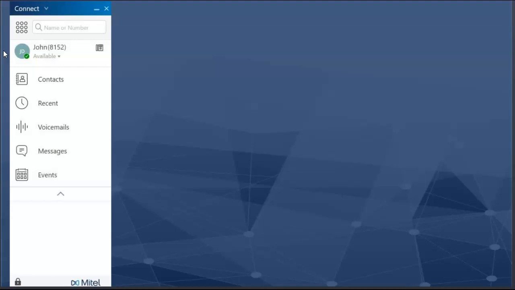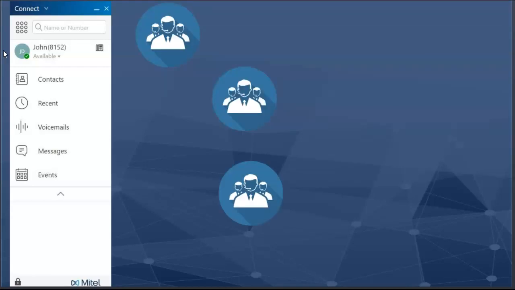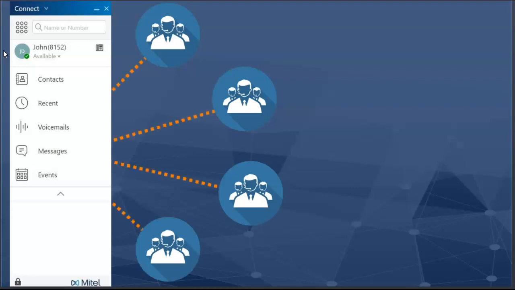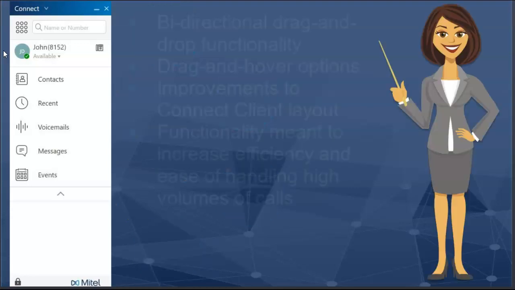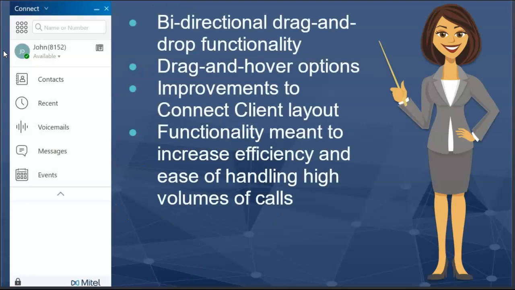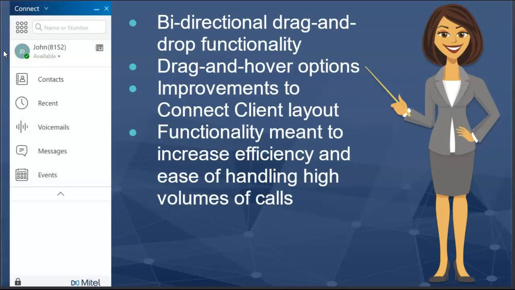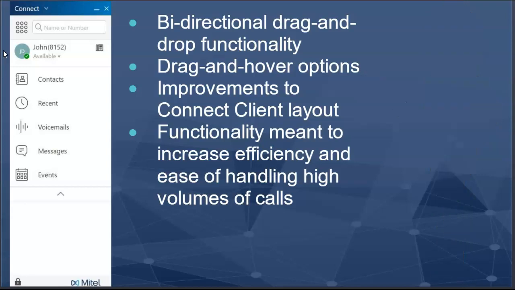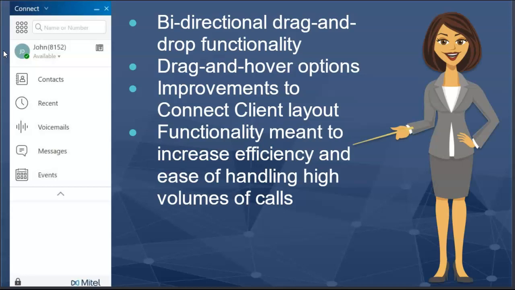The My Voice Connect Client Operator License provides operators with an enhanced suite of features and functionality within the My Voice Connect client that makes it easier to manage large volumes of calls within the application itself. Operator-specific enhancements include bidirectional drop and drag functionality, drag and hover options including a number of advanced telephony options, improvements to the Connect client layout, functionality meant to increase the efficiency and ease of handling of a high volume